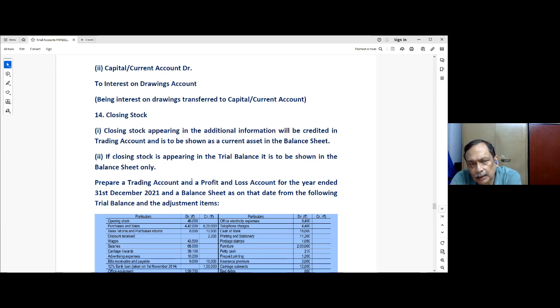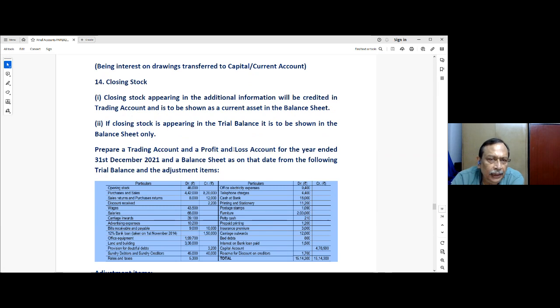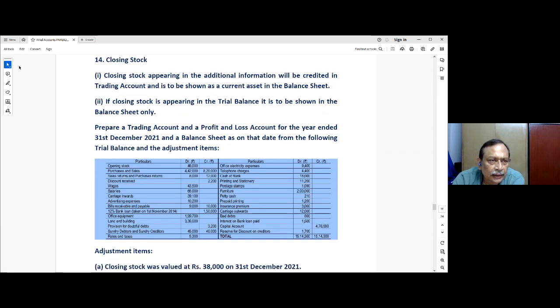Next, we are having item number 14, that is closing stock. Closing stock appearing in the additional information will be credited in the trading account and is to be shown as a current asset in the balance sheet. Now, if closing stock is appearing in the trial balance, it is to be shown in the balance sheet only. So, considering this,